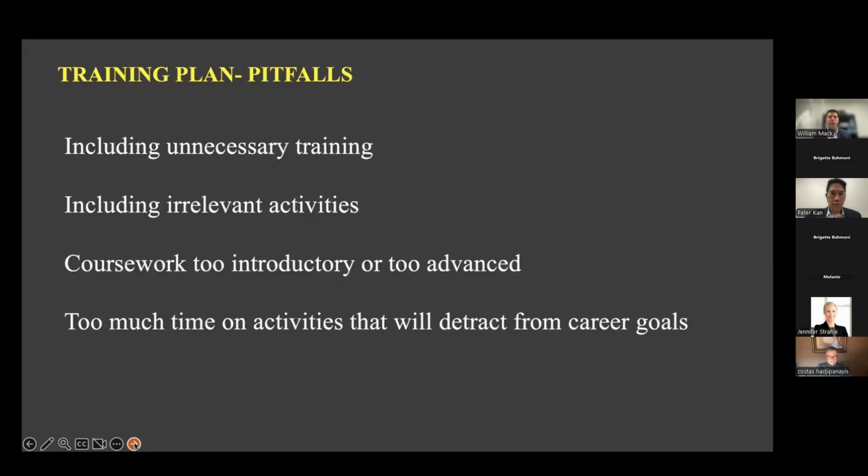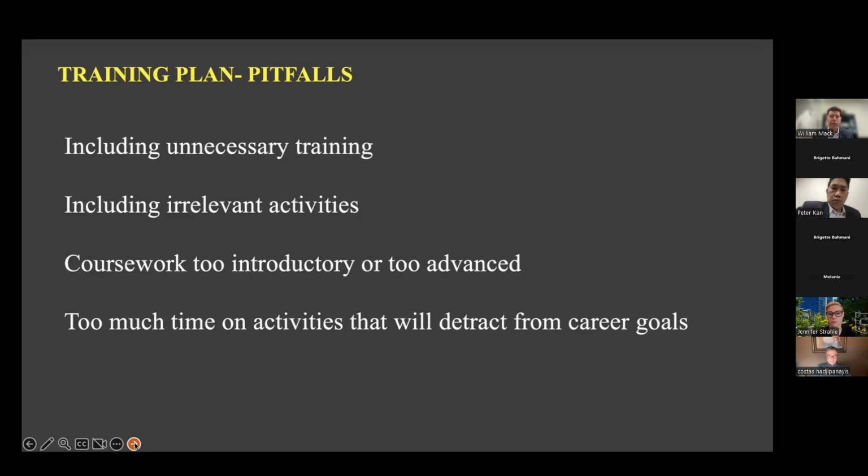So finally, I would just leave with a slide that talks about the pitfalls that I've seen in reviewing these and writing these. First, I kind of mentioned already, including unnecessary training. When you're putting together a plan like this, nobody wants to see that you've overdone it with coursework that is not pertinent to your specific training, or you have 13 mentors involved, death by mentorship. Everybody likes to have a good mentor team and needs to focus on each of the points that are pertinent to the grant. But there's no reason for unnecessary training.